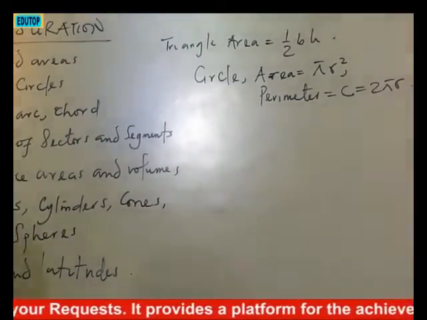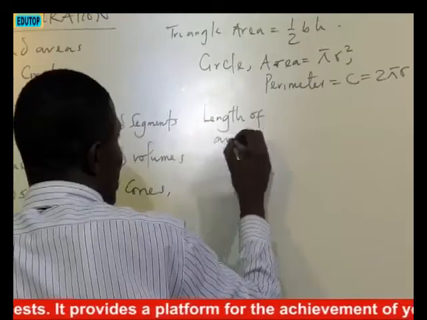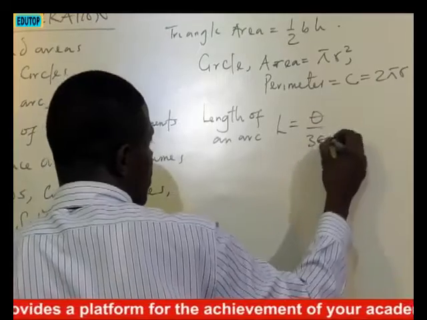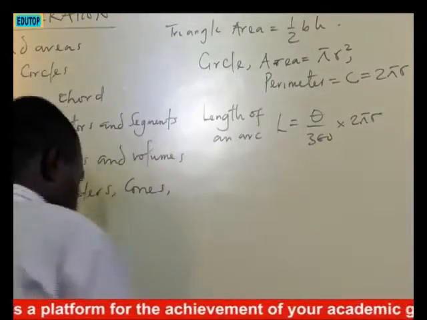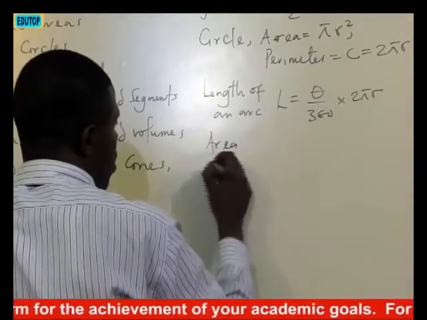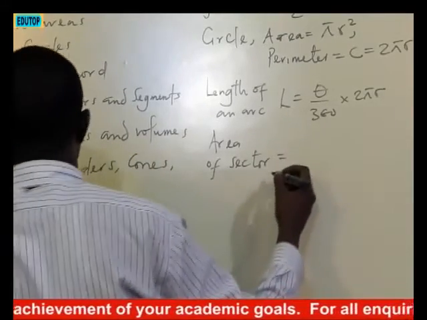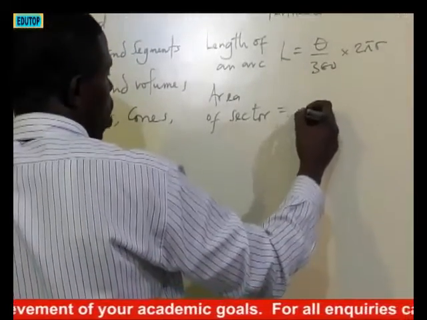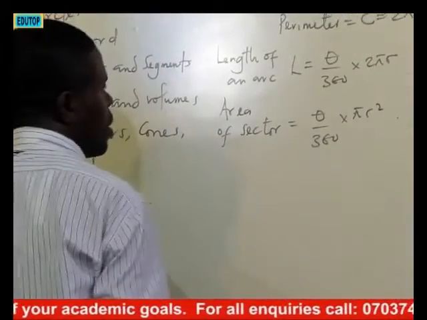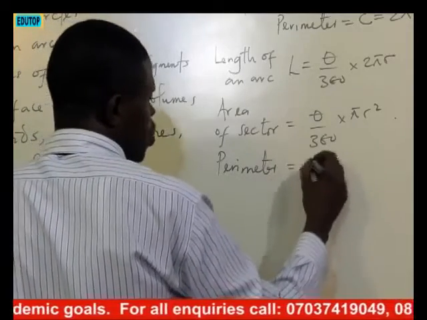Then the length of an arc. Length of an arc, which is denoted by L, can be calculated with the formula theta over 360 times 2 pi r. So this is the formula for calculating the length of an arc. Then the area of a sector has a formula of theta over 360 times pi r squared. Take note of that. Then the perimeter of a sector is 2r plus